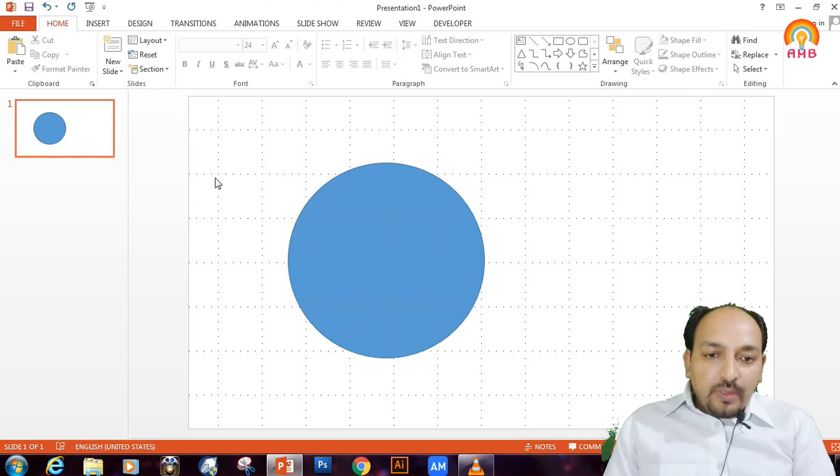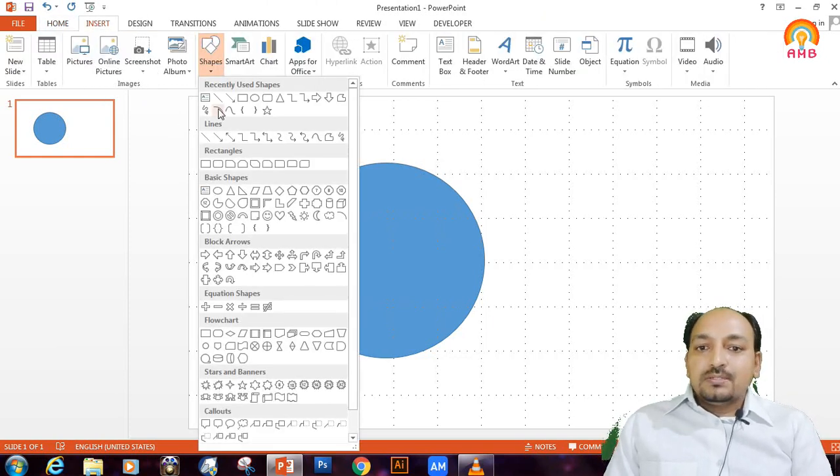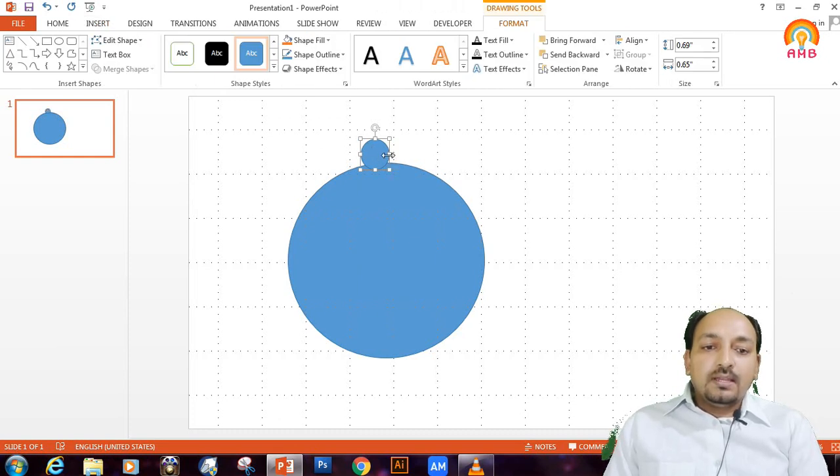Now to convert it into the gear, we want another oval shape, which is somewhat smaller as compared with the larger one. Now I am putting it at the center.